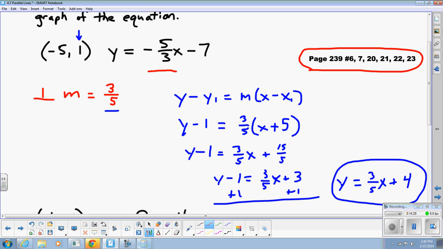Be sure that you check your answers with my answer key. Just take it off my desk and check your answers before you turn it in. I want you to know if you got it